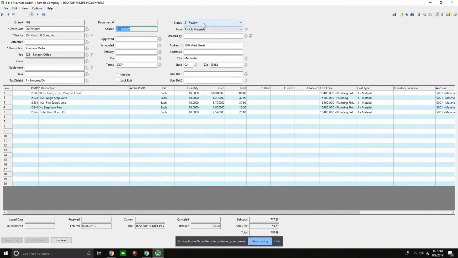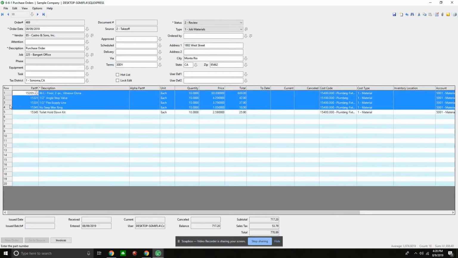Next piece that it does, it puts it in a status of review, because the last thing we want to do is put it in open and all of a sudden somebody thinks that they get an AP invoice, or they accidentally put in the wrong order number on the AP side. And then the system is set up to say, hey, this purchase order is in a status of review. It is not open. So anytime we export anything out of estimating from a takeoff, whether it be a purchase order or a subcontract, it's going to put it in a status of review.